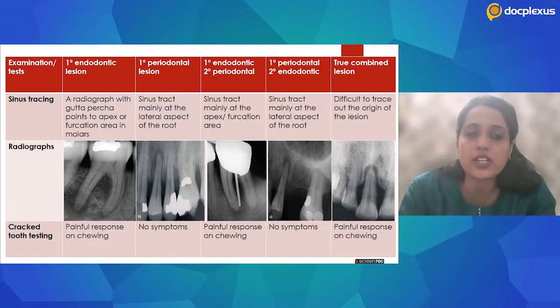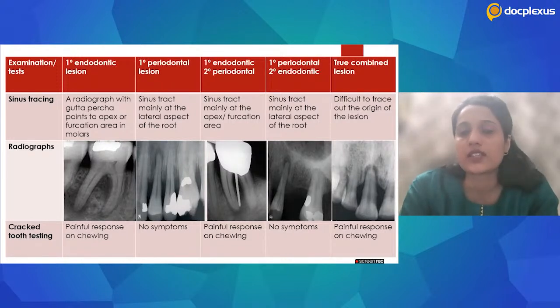In a primary endodontic lesion, the gutta-percha will end up maybe at the apex or in the furcation area of the molars. In a primary periodontal lesion, it will go to the lateral aspect of the root. In primary endodontic and secondary periodontal lesions, the sinus tract is mainly at the apex or furcation area. In primary periodontal and secondary endodontically diseased teeth, the sinus tract is mainly at the lateral aspect of the root. And in a true combined lesion, it is actually very difficult to trace, but we may have to take multiple